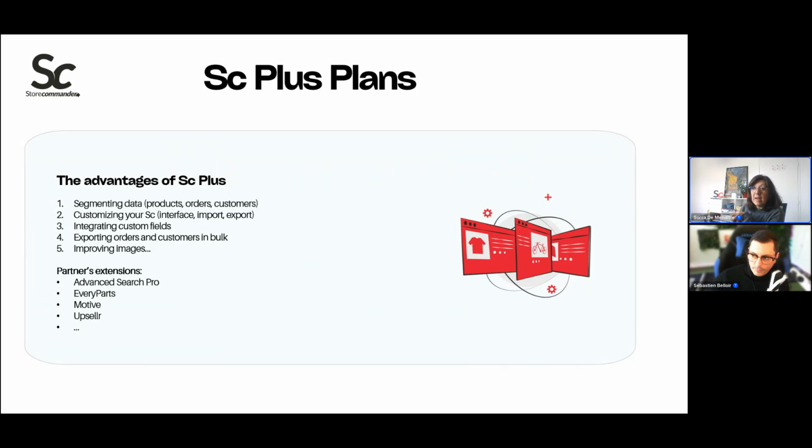And we also have Upseller. This is a French company as well. They will help you enrich your data, descriptions, features, etc., using AI. So there's going to be another tool within your Store Commander. You can select your product and send it to Upseller. They will do all the work to improve your information on your products.